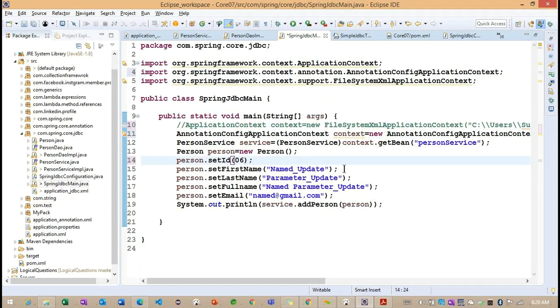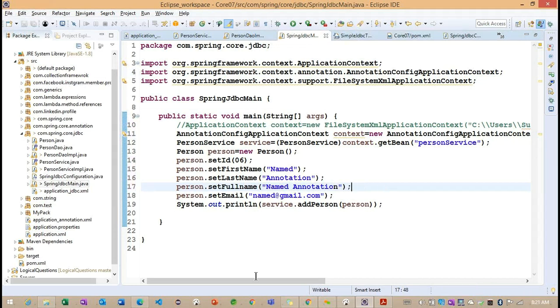I want to provide 6 here for the named parameter, and we'll keep the rest as it is.